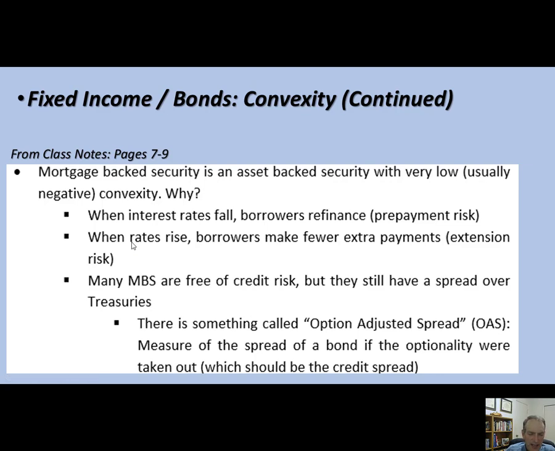Now, the last time I saw this, don't quote me on this number because it's probably several years old, but I saw a study that showed that typically when people have mortgages that they can prepay, which is the case for all mortgages, they end up paying an extra 0.25%, an extra 25 basis points on average. Now, that number can move all over the place, but on average, they pay an extra 0.25% for that right to prepay. So that means if you buy one of these securities, you're getting an extra 0.25% return for doing it. So you're induced to do it.